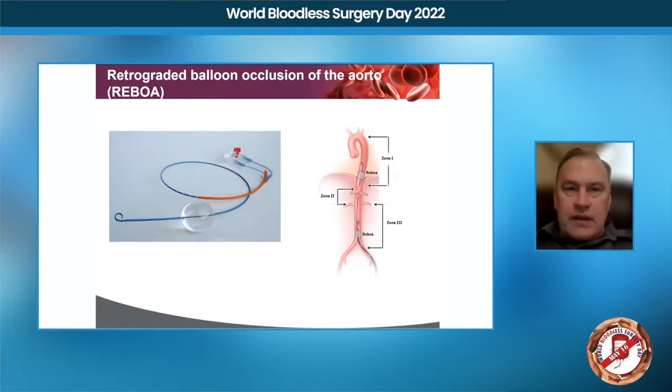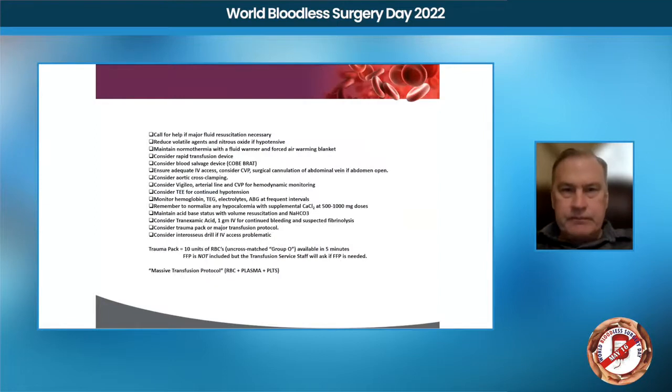And this is a device that can be floated up through the iliac artery up above the uterine arteries to stop blood flow while control is obtained of that blood loss. Other things, monitoring of hemoglobins and thromboelastographs during the course of care will optimize the management of the patient's hemoglobin and their